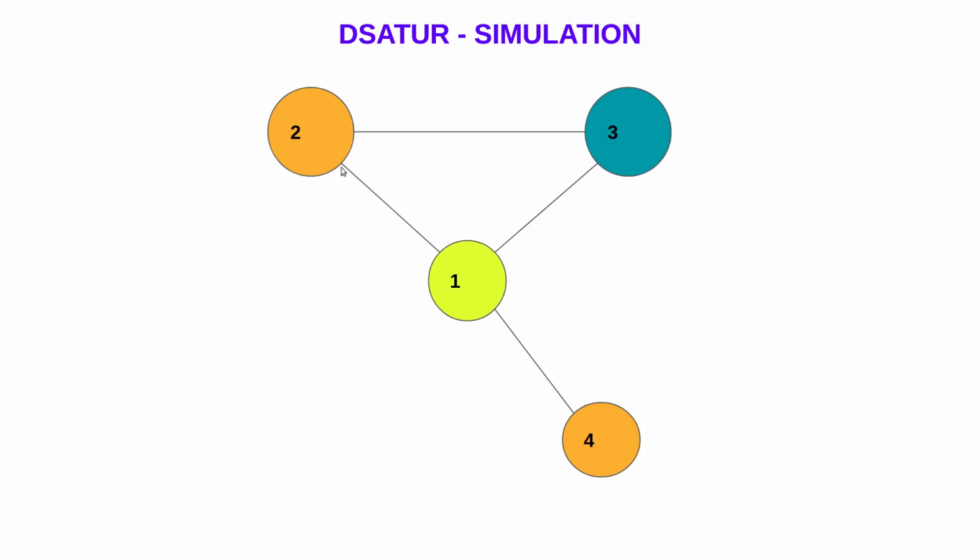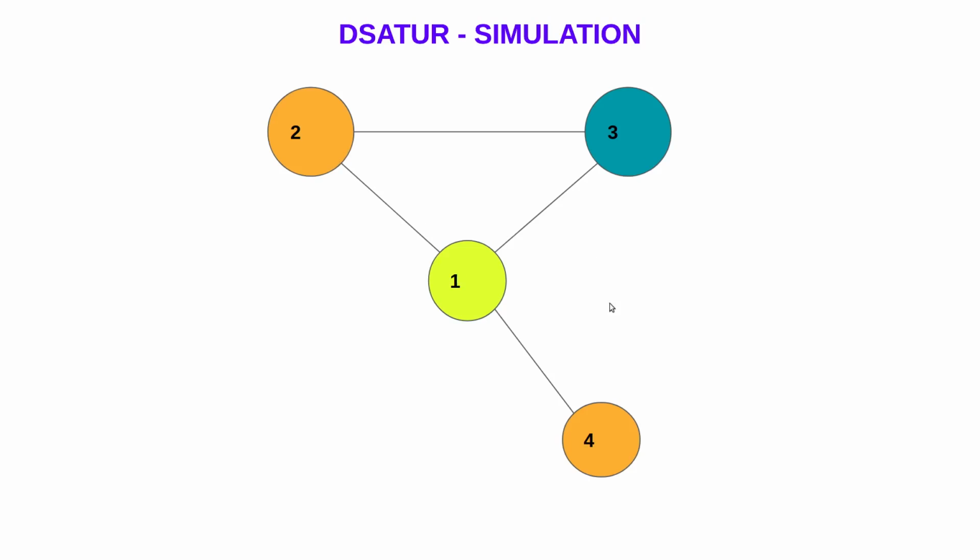So I have chosen 2 and colored it with the color orange, because there is an edge constraint. Next, since vertices 3 and 4 remain uncolored, we again try to choose the vertex which has the highest degree of saturation, right? In this case 4 has degree of saturation 1, but 3 has degree of saturation 2. So we choose 3 and color it with the first available color, that is blue, because the edge constraint prevents it from using the colors light green and orange.